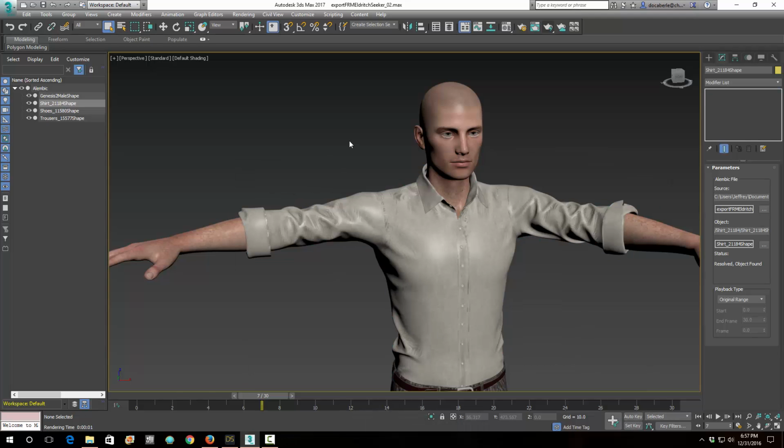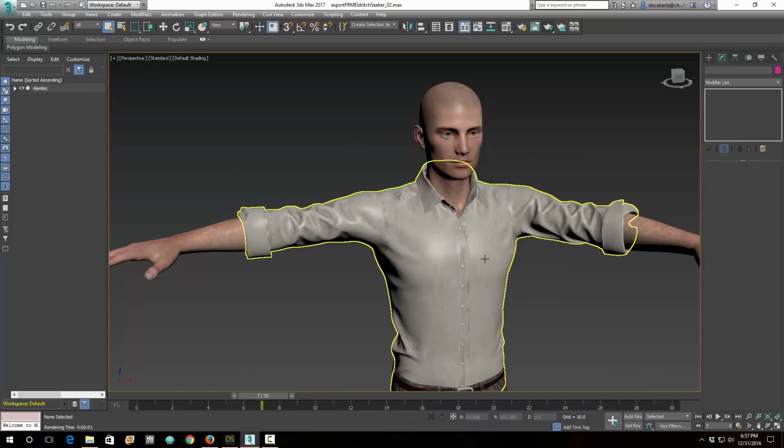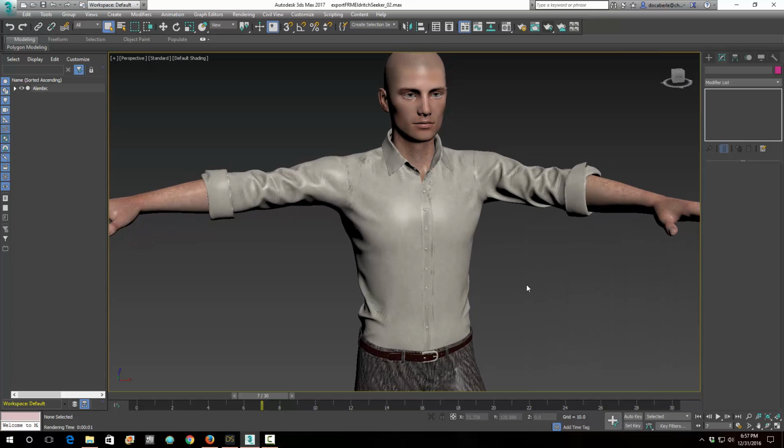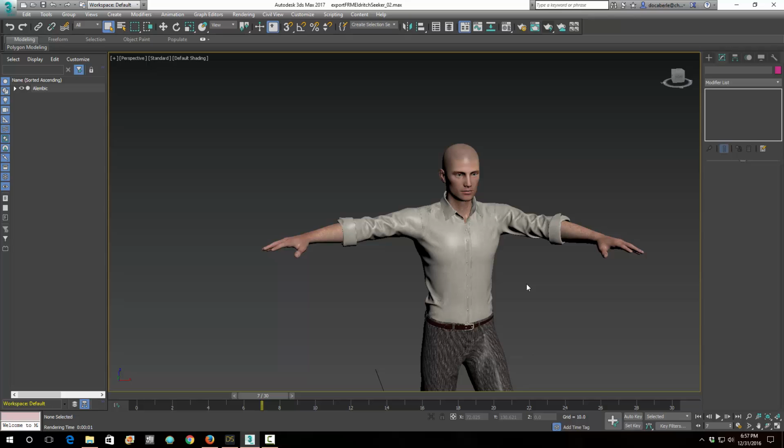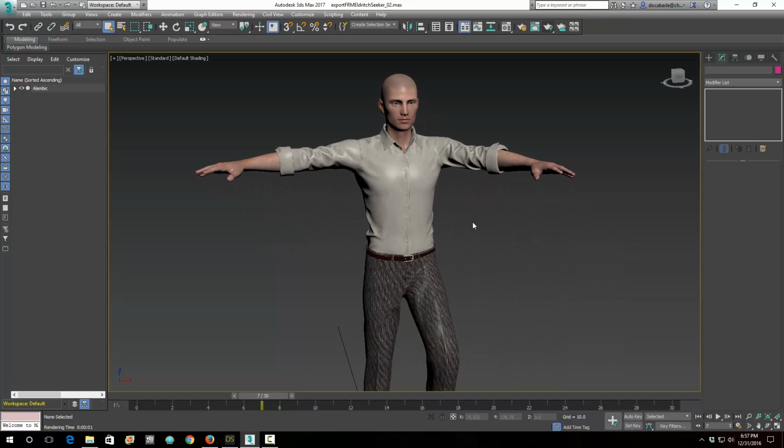Hello everyone, I'm going to be showing in this video how to take a Genesis 2 model from Daz3d over to 3dsMax using FBX and Alembic format. Now you might only be interested in FBX, in which case just get some value out of this too, but really